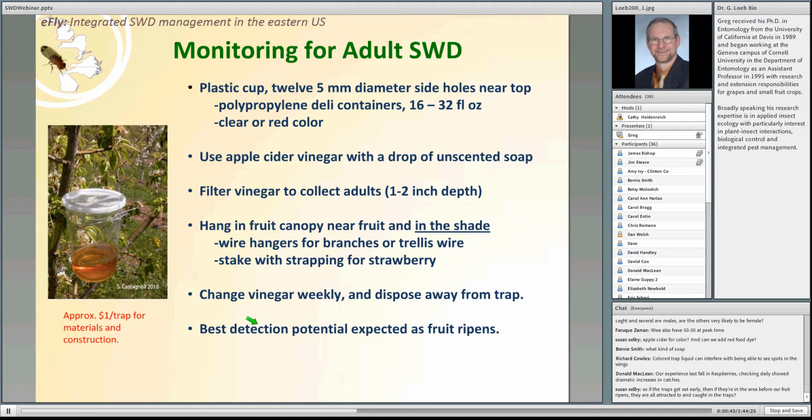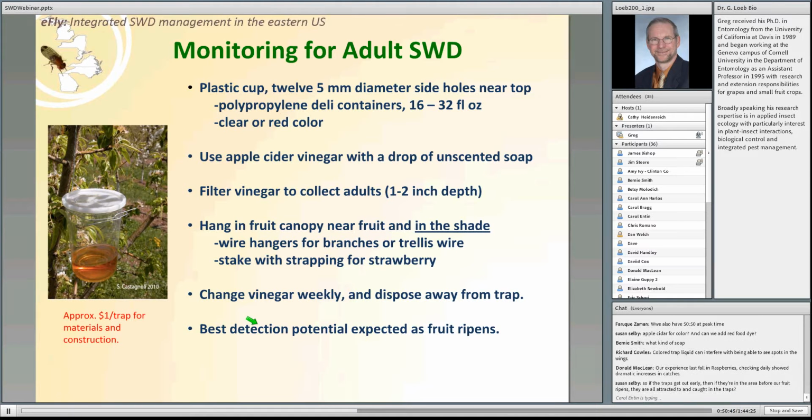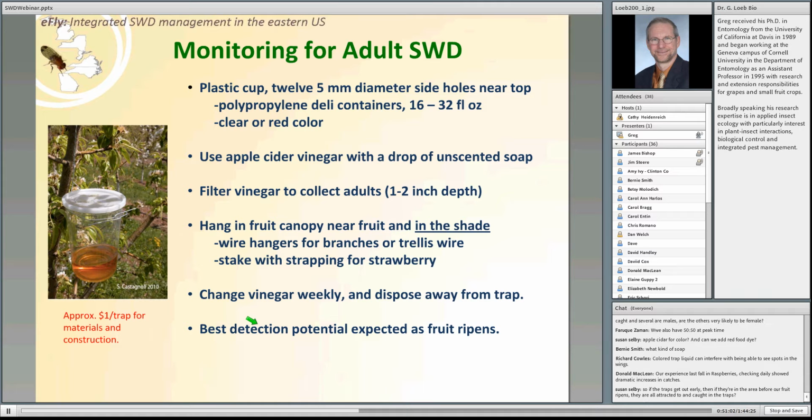Susan mentioned that, so if the traps get out early, and they're in the area before our fruit ripens, are they still attracted to and caught in traps? In other words, if we put these attractant lures out in raspberry before they have ripe fruit, are you likely to catch anything? I think the experience has been not really,